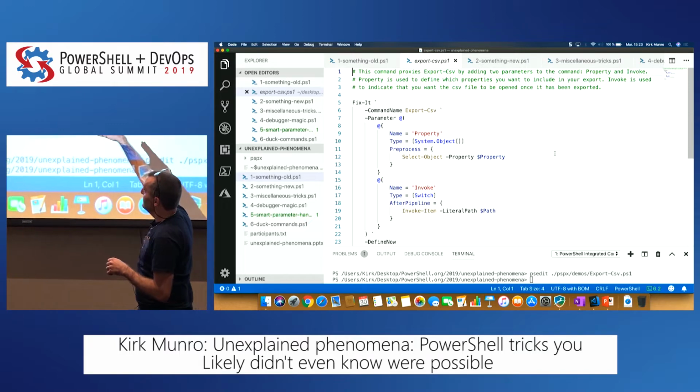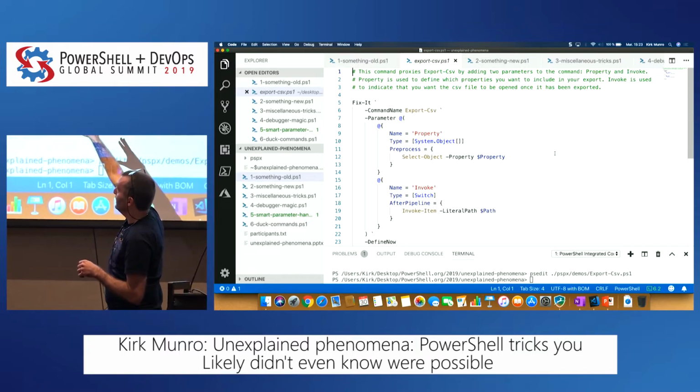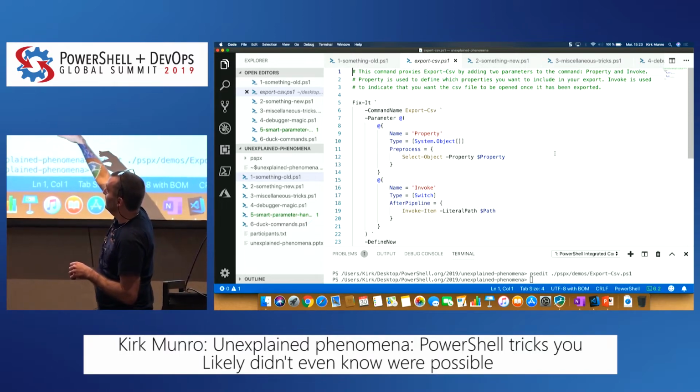And so what this does is this takes in the command name that I want to change, and then as some parameters, I can give it these property bags. And if I was to do this today, I might make this a little bit prettier. But anyway, because this is an older solution that I just brought forward, this is how it works.